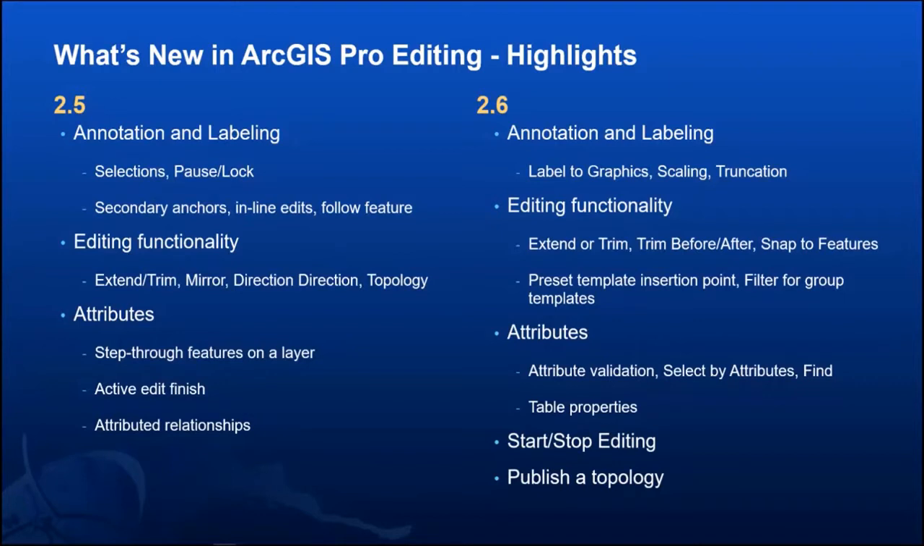In attributes, you can select by attributes, and that's been incorporated right into the attribute table. There's also the ability to find and replace in the attribute table, which is amazing. There's also improved table properties. And this next one on the list is a big one, and I feel like it was a big point